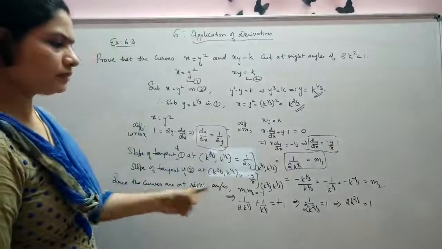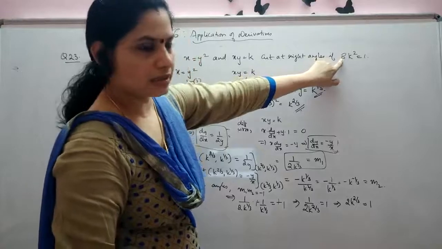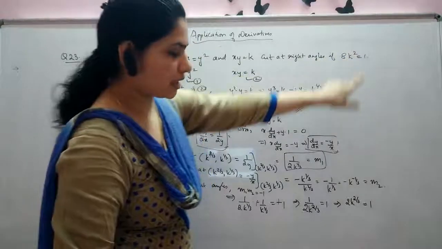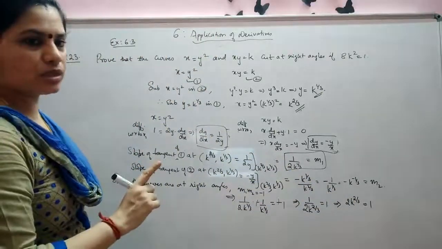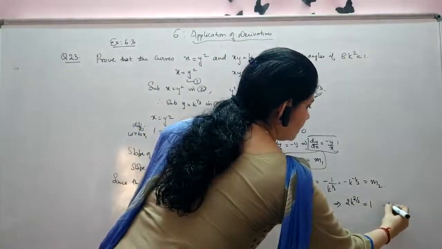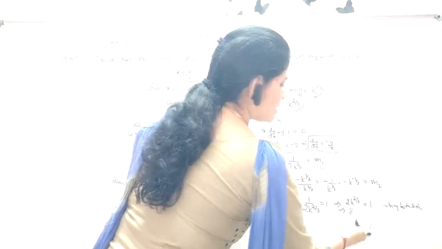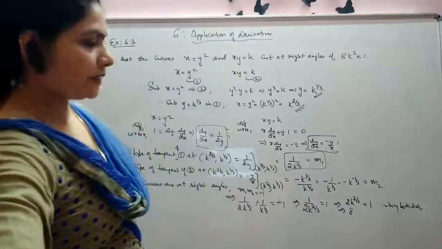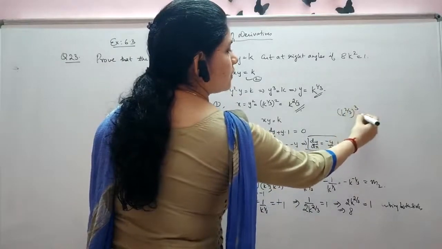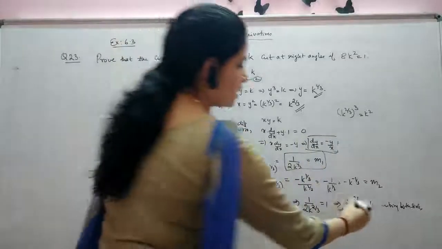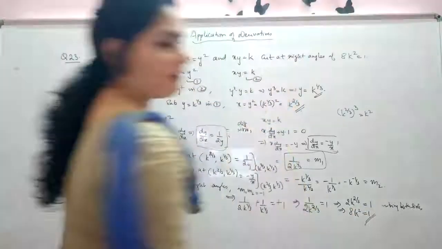Again, no change. Now you have to get h, and here you only have k square. That means the power of k should be k square when you are cubing both sides. So we are cubing both sides, okay? Both sides, what you will get? 2 will become 8, okay? And the other part, k raised to 2 by 3, the whole raised to 3 will give you k raised to 2. So you are getting 8 k square equal to 1.